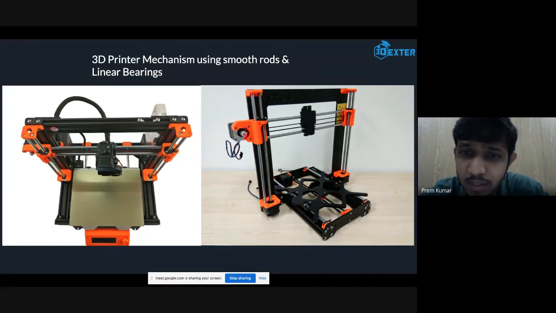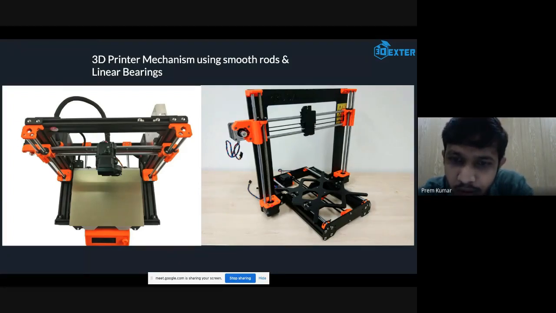And if you look at this area, you have one motor over here, and it is connected with a belt to the X carriage which moves left to right. So when this motor turns, this slider will move left or right. And here on this side, along with these rods, we have a motor which has a screw kind of rod on both ends. So these two motors are responsible for moving this carriage up or down, so that the z-axis movement is possible.